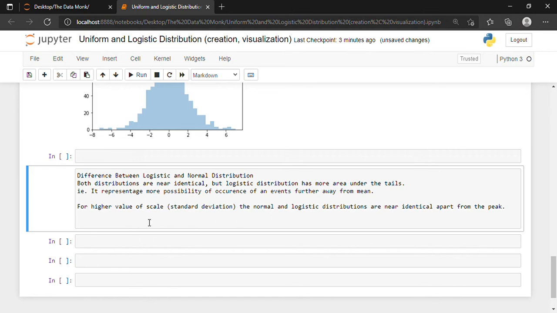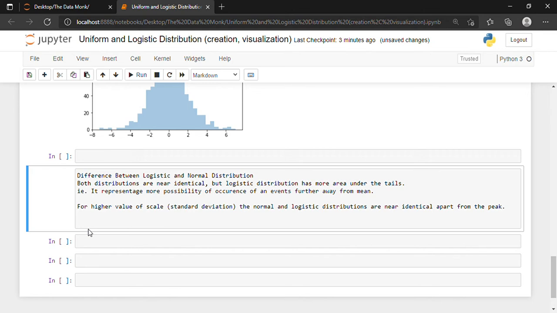For higher values of standard deviation, the normal and the logistic distributions are nearly identical apart from the peak.